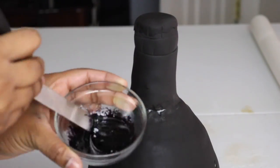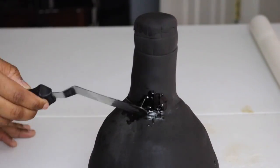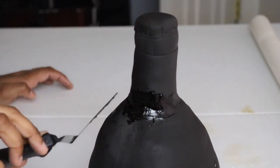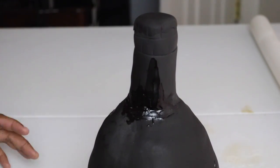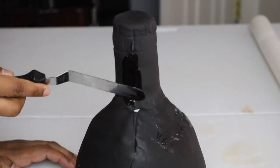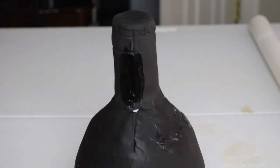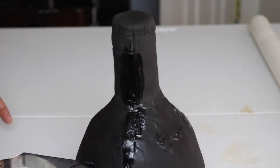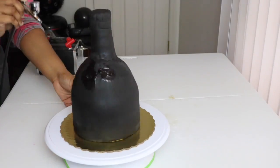Then these seams are going to be covered with just the fondant that I've melted, literally melted in the microwave, and put a little bit of water in, and it just gave me this ooey gooey paste that I'm just going to cover those seams up. Now this looks pretty ugly right now because it is shiny and the rest of the cake is matte, so don't worry about that. What you can do is either grab a spray bottle, but in this case I am using my